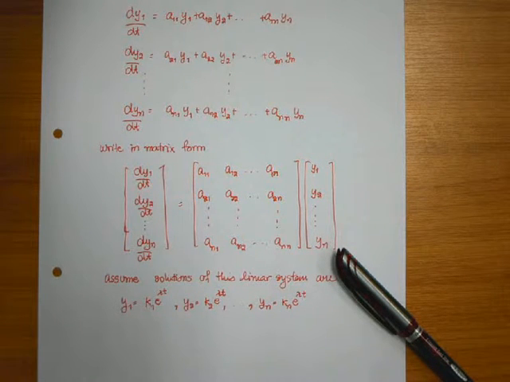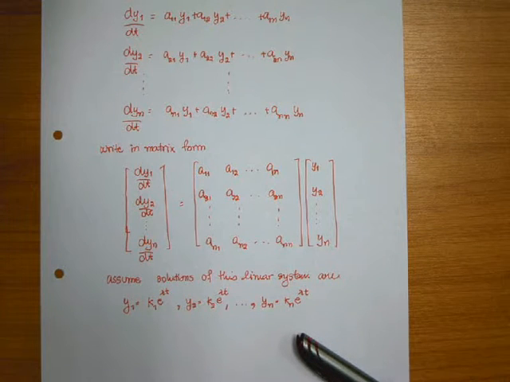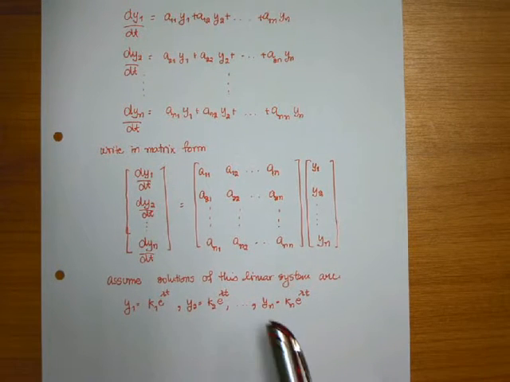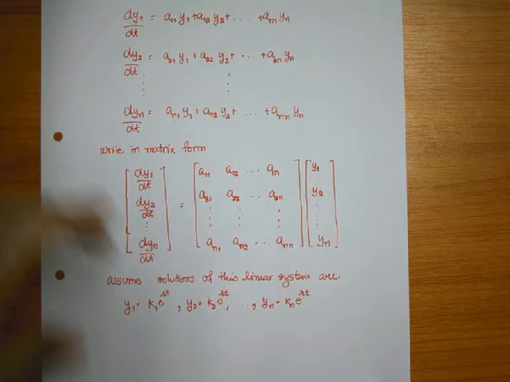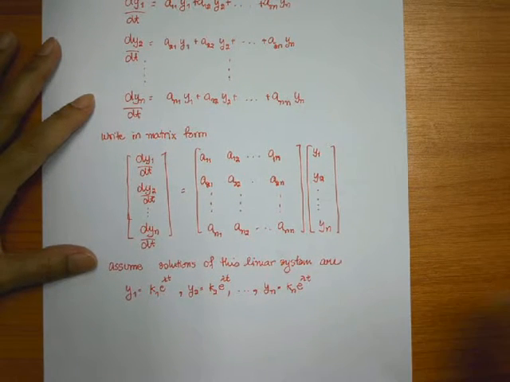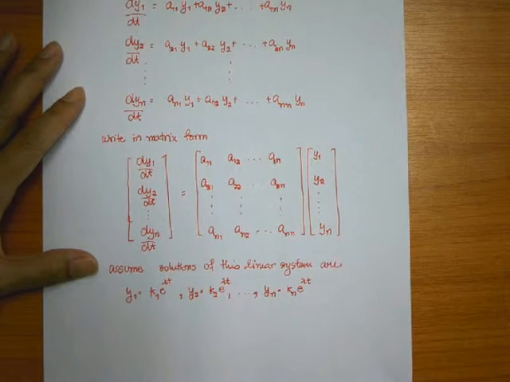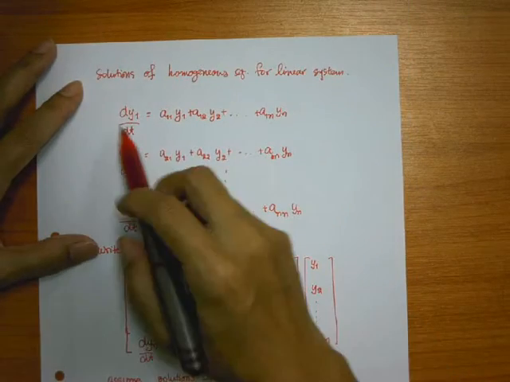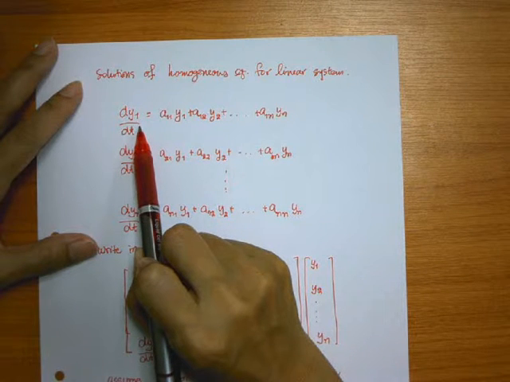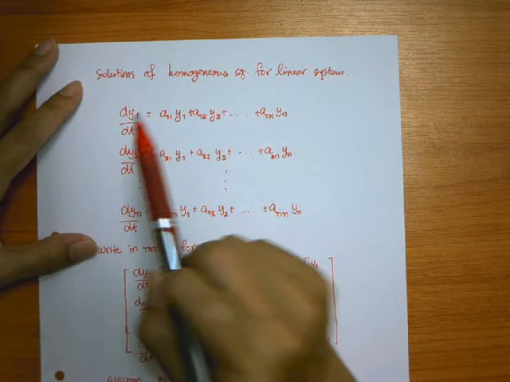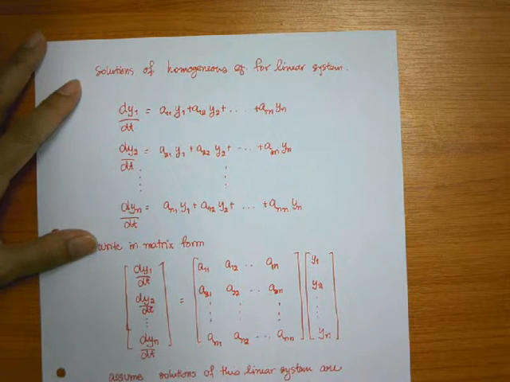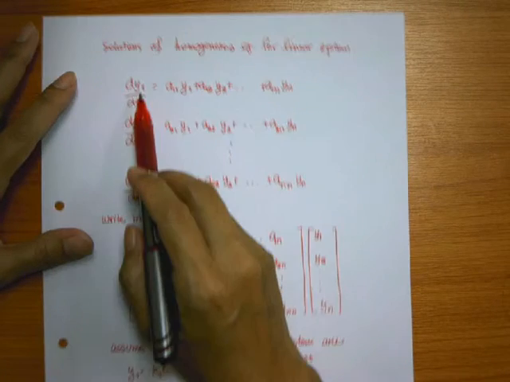So if whatever we assume is correct, when we plug each y in our differential equation, it should make this equation satisfied. Okay. So the next thing we are going to do is plug each y term back into our differential equation. So if you take a look at our first differential equation, we have the first derivative of y1 by dt. And now our y1 is equal to k1 times exponential of lambda t. So if you take the derivative of this y1, you would get